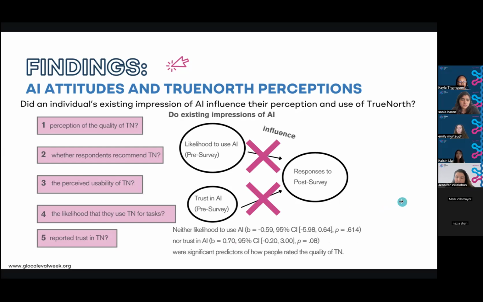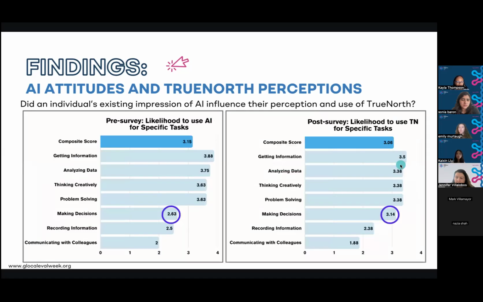Despite these insignificant results, we wanted to dig deeper and look at the item level mean differences between some of the scores. For today, we'll look at the mean differences between the likelihood to use AI and TrueNorth for specific tasks. Here on this slide, we have those specific tasks that we asked about. We see generally not much difference between the mean scores of individuals' likelihood to use AI for those specific tasks and TrueNorth.